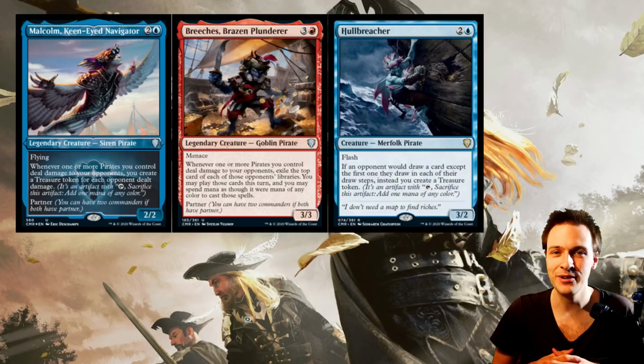Hi guys, and welcome to a card review for Pirates from the Commander Legends. Here we have Malcolm, Keen-Eyed Navigator, and Breeches, Brazen Plunderer, and the main attraction,